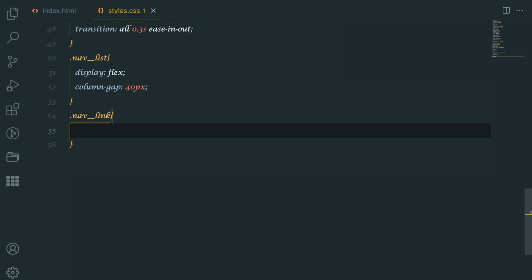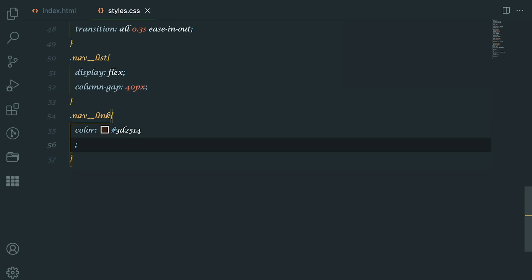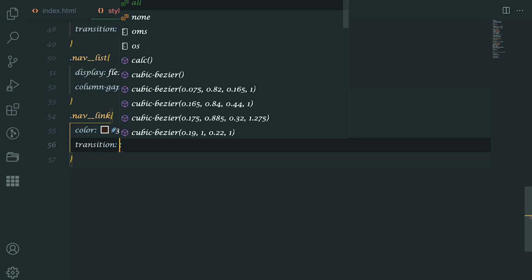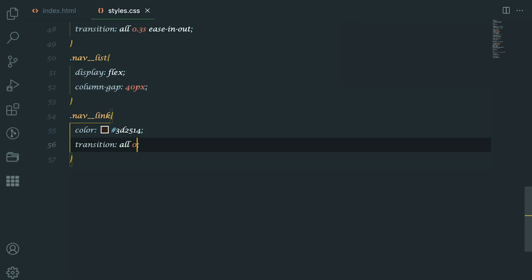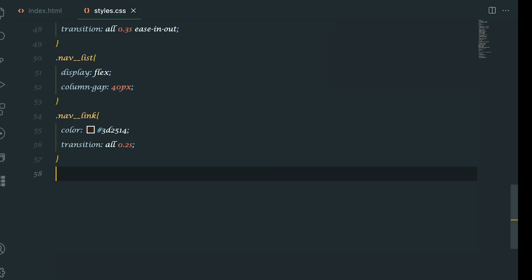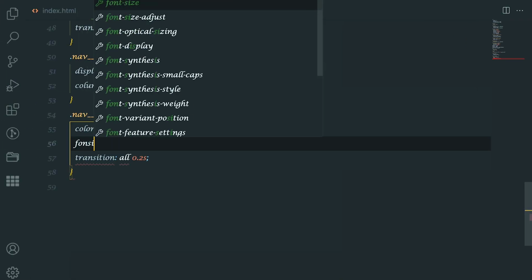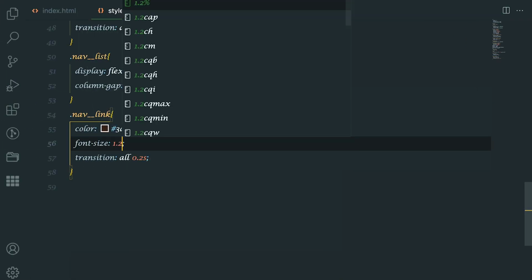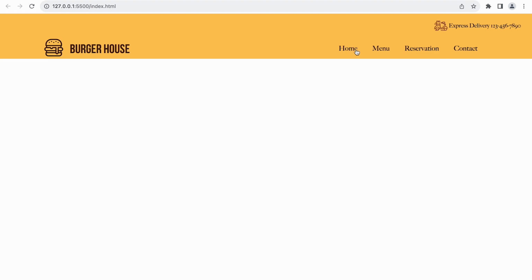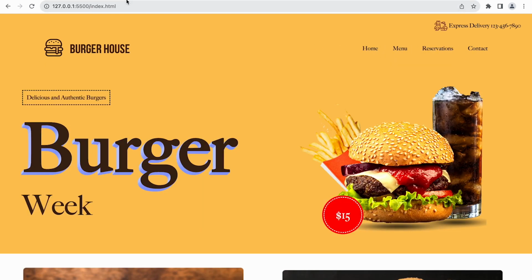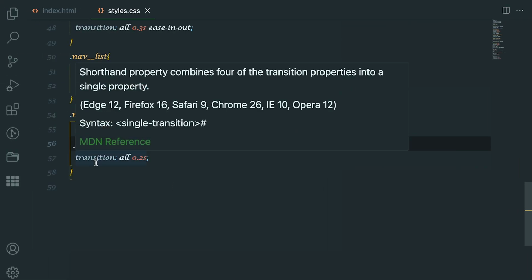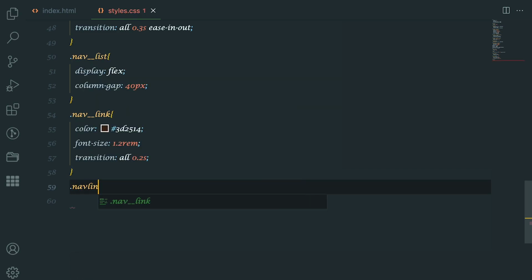We'll give the nav links a dark brown color, a smooth transition, and some hover effect.